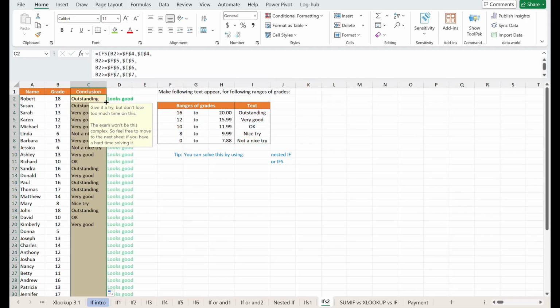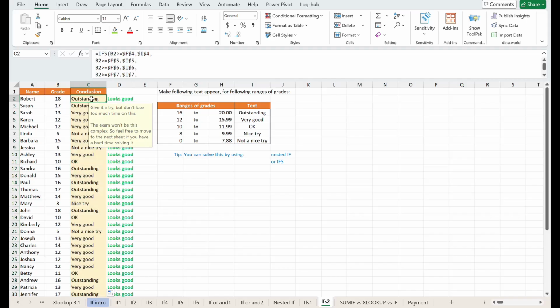And there you go. So that's one way to do it. The other way would be with nested IFs. But in this case, if you have